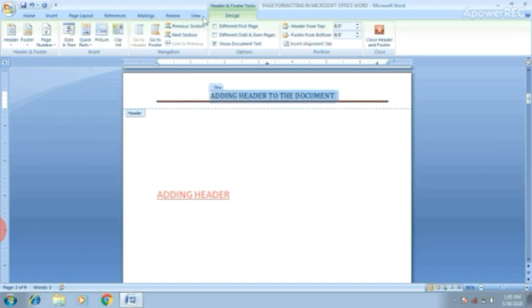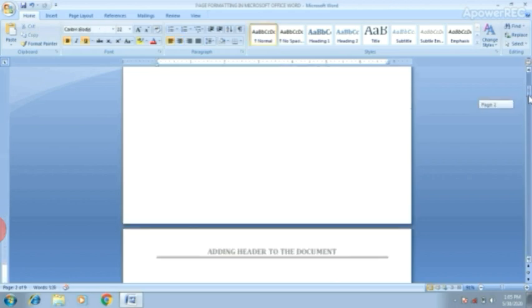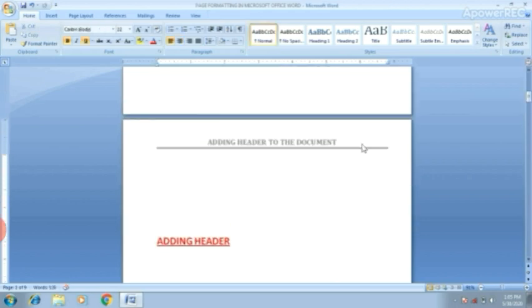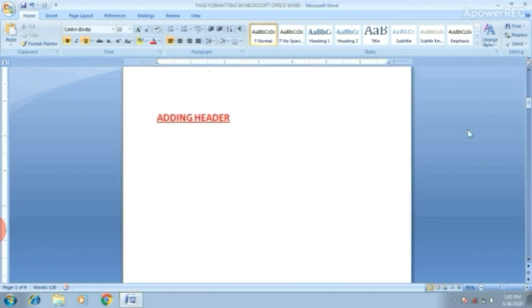Students, you can change the style like bold, italic, underline or font face. You can see students, there are 9 pages. In every page, header is appearing, adding header to the document. This sentence is appearing on each page.